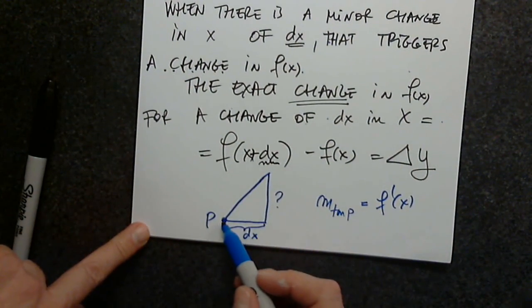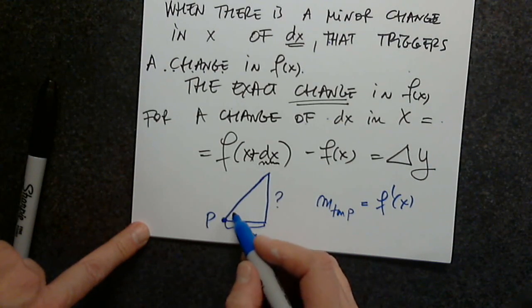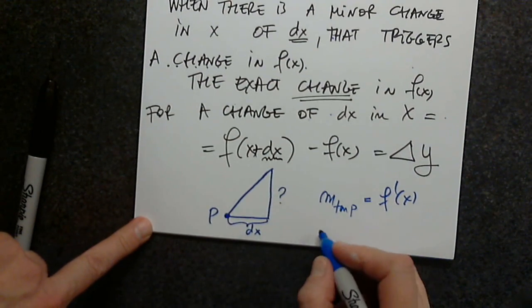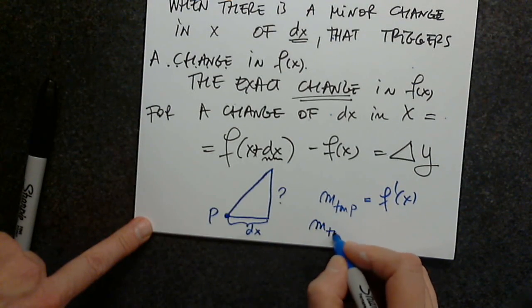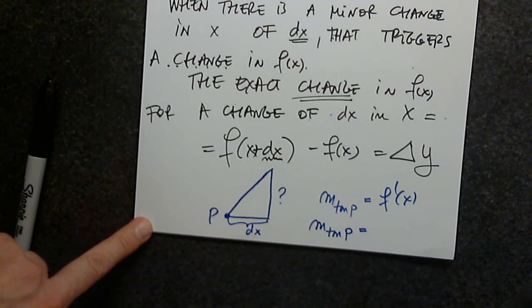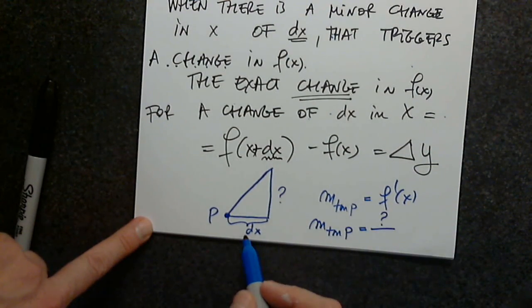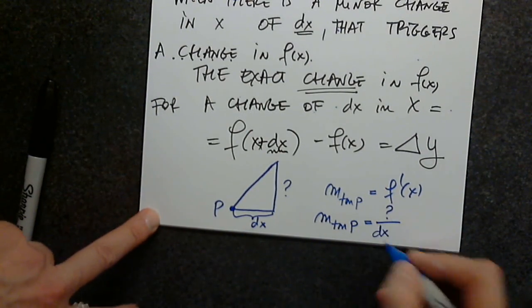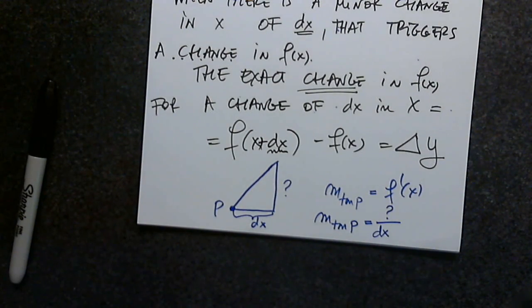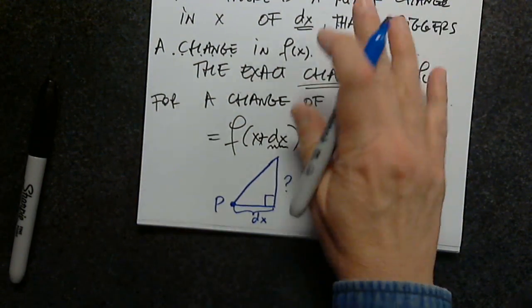And now, tell me the slope of this line in a different way. You will have to say rise over run, but these two have to be the same. The slope of the tangent line is the steepness of the line here, and it's f prime of x carved in stone. Now from this right triangle, the green triangle from here,